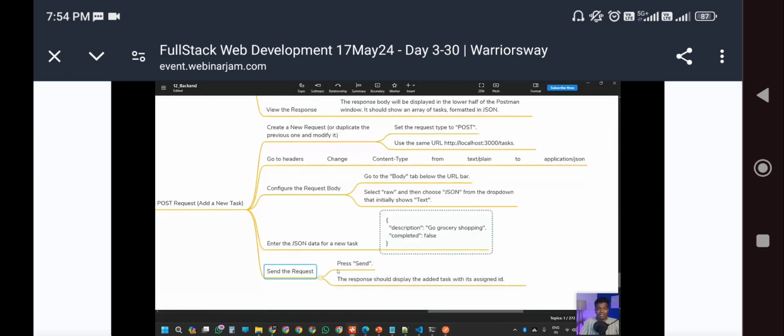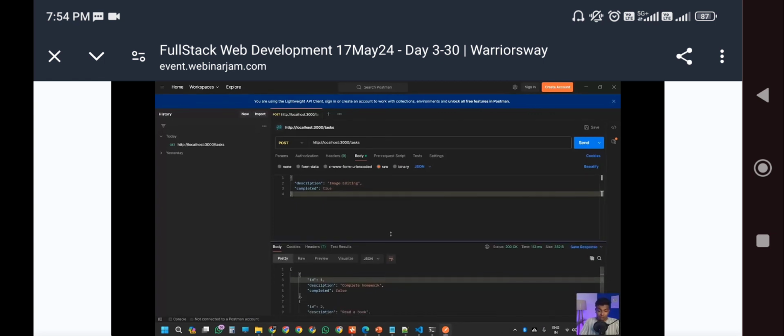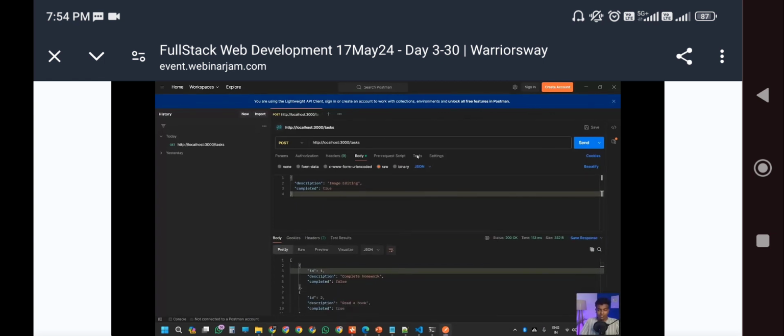Once I've added the task, if you want to show it in the output, first of all, you need to send it to the server. Already everything is set up. First POST, give the URL, change the content type, and then give the body. Once you have given the body, click send. Once it has been sent, it shows you only one ID, but if we really want to see all the information,